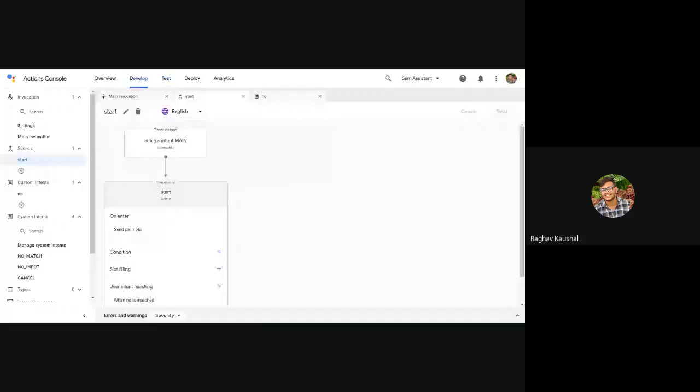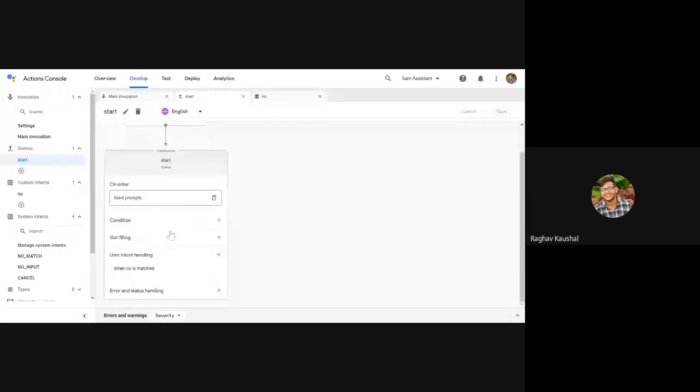So guys, now we have created the no intent. We'll be creating the yes intent now. We again go to user intent handling, click on add yes and then add it. Last time I created no from the left hand column, but you can even create one from here.